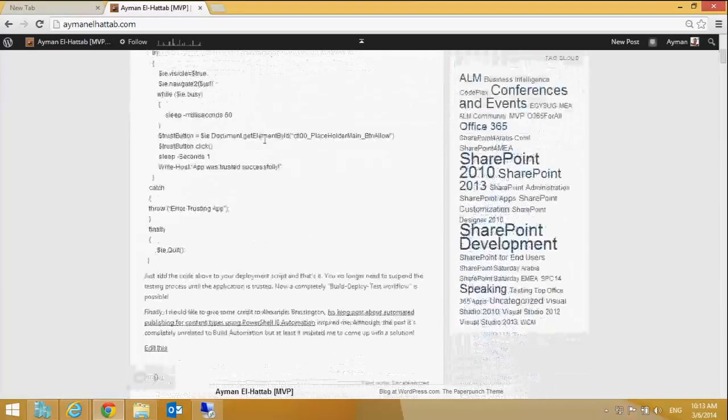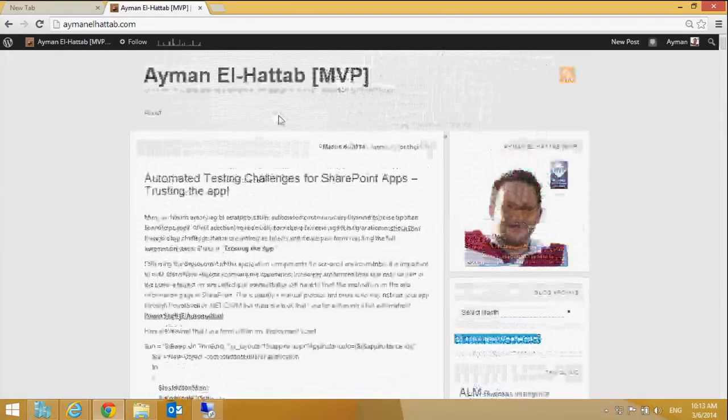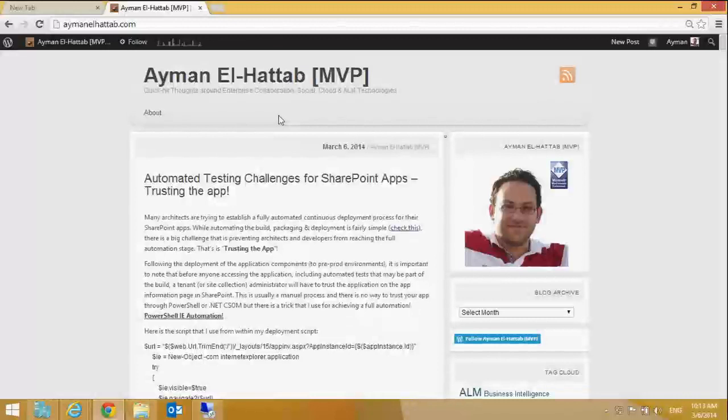After you add this code to your deployment script, after the app is deployed, it's being trusted automatically, then you can proceed with manual testing or automated testing. Yep. This was a big pain in trying to enable a completely automated solution. So you saw Eamon earlier in his demo. He had to click the trusted button. Microsoft is making some investments. This is a great workaround until those investments actually materialize.